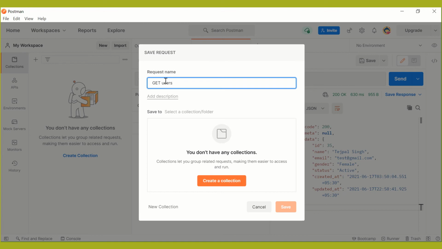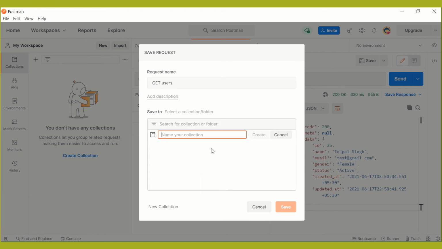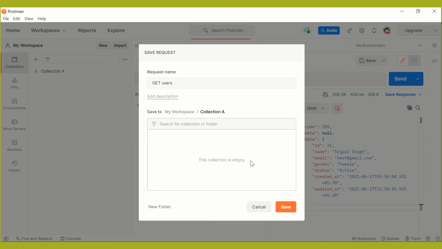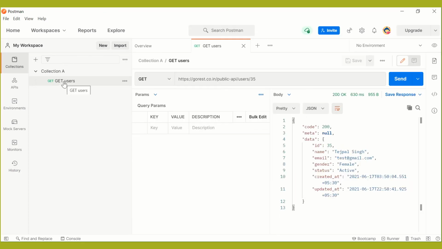You can save the request only in collections, so let's create one collection here. I created a collection with the name Collection A, and under that I saved this Get users. It should actually be Get user, not Get users, as we are retrieving the details of a single user.